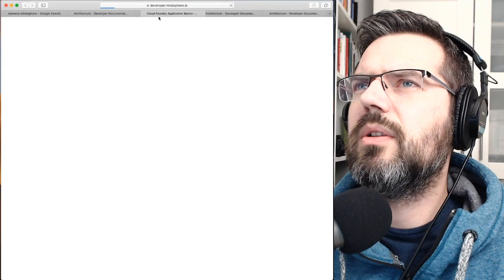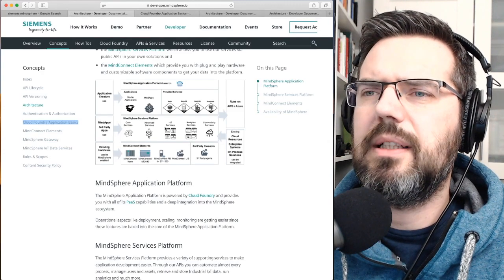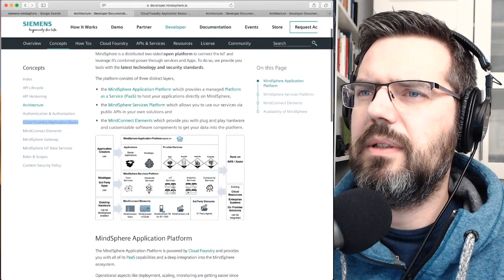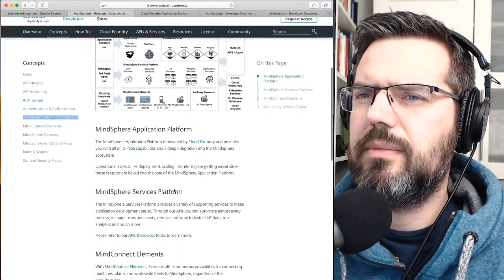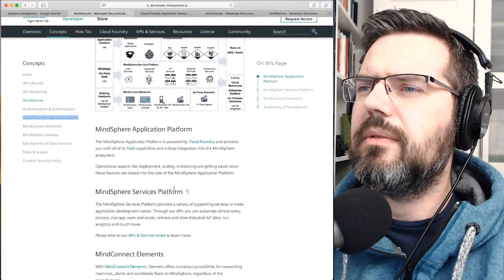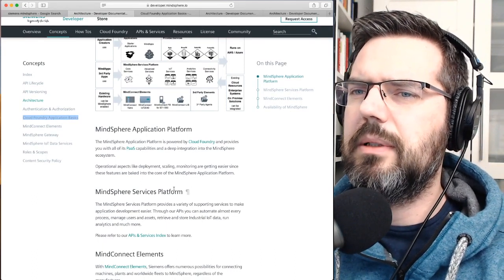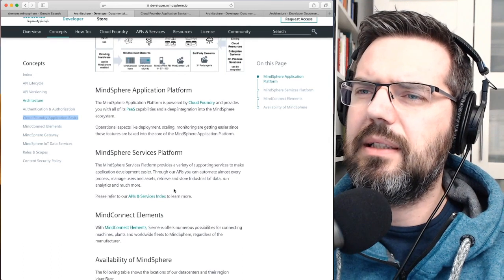One thing I don't have much knowledge in is Cloud Foundry. Let's look at this next. Mindsphere application platform. The platform is part of Cloud Foundry and provides platform as a service capabilities.